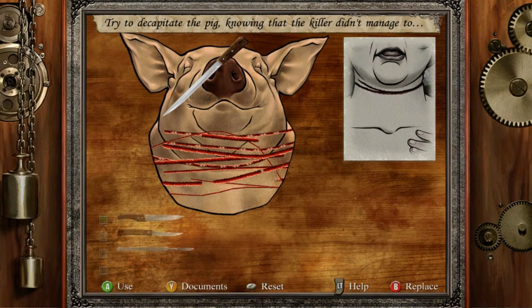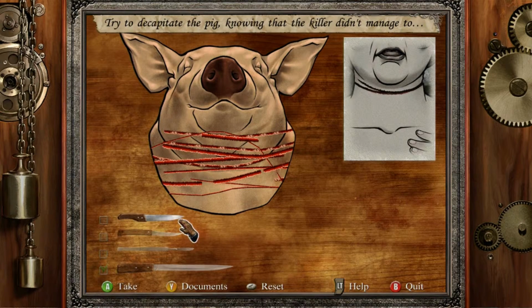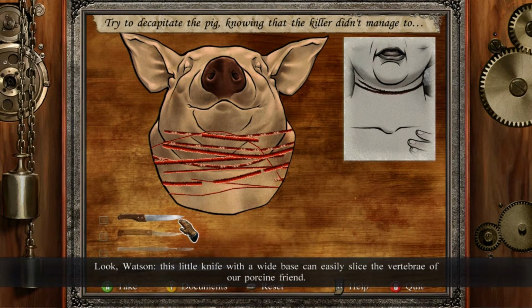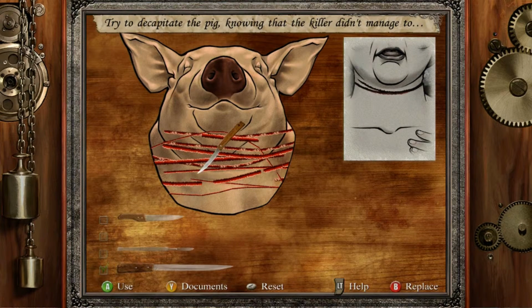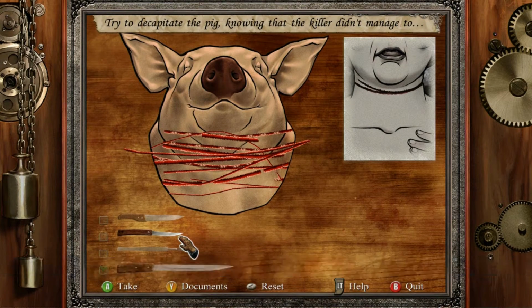Sorry, Mr. Piggy. This knife with a long blade. Look, Watson, this little knife. The blade of this pocket knife is too thin to reach the vertebrae. These two. It would have to be. I mean...